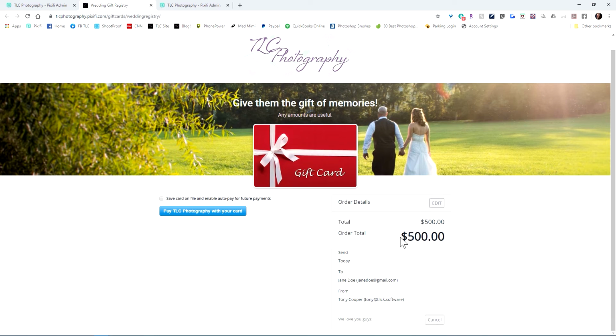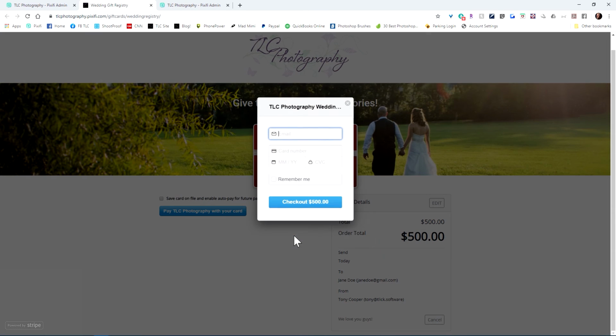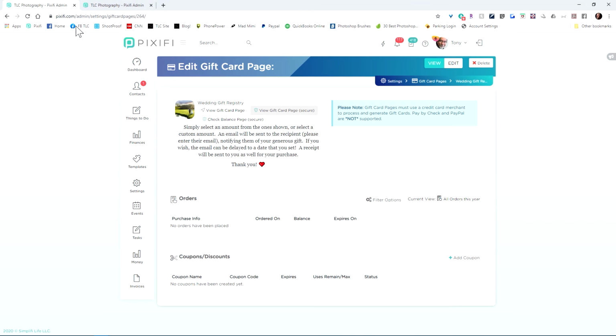You're buying a $500 gift card, and it's going to be sent to Jane Doe from me, and it's going to say we love you guys as the gift card information on there. So you're going to pay with your card. It comes up. You enter your information in there. They enter their information. You don't have to enter yours. Their email, their card number, and all that stuff. You know how that part works. But that's how that looks. Now let's go back